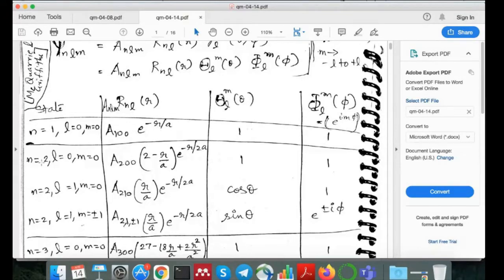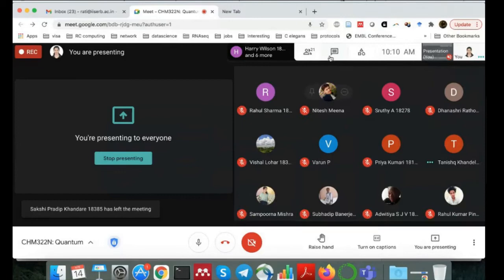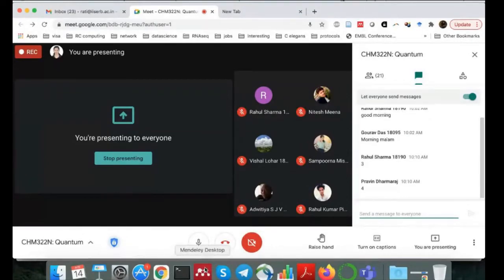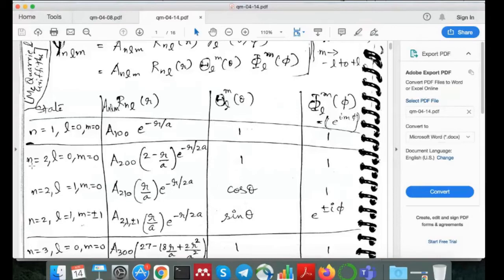Okay. N equal to 2, the n equal to 2 energy level, right? How many states does it have? How many degenerate states do you see here? Can anyone tell me for n equal to 2? Please look at this table and tell me how many degenerate states that you see for n equal to 2. Please write in the chats. Come on. Okay, Rahul has said 3. Any other answer? Praveen is saying 4. Okay, what do you think is the correct answer?